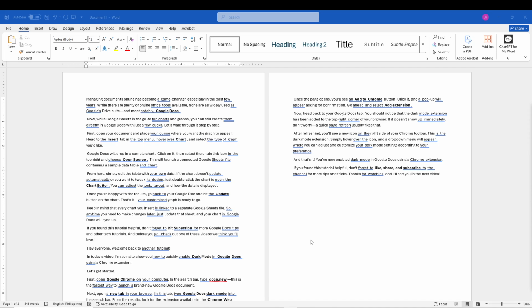In this tutorial, we're going to explore several easy and reliable ways to save a document in Microsoft Word, so you never have to worry about losing your work. Whether you prefer using icons, menus, or keyboard shortcuts, Microsoft Word gives you multiple options to save your file quickly